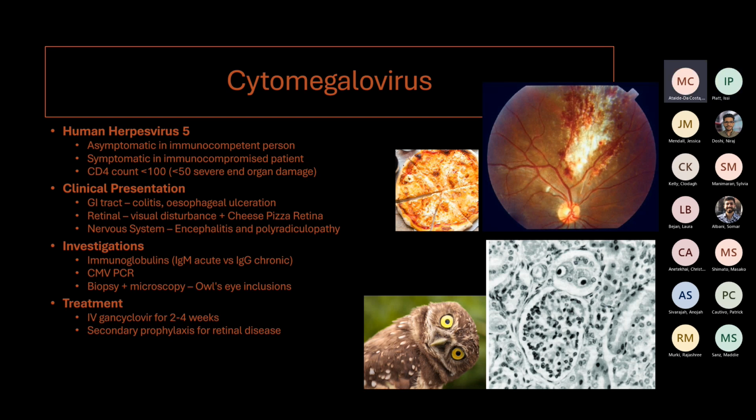And then you can have gastrointestinal, and you can also have nervous system. You can get a meningoencephalitis or a polyradiculopathy. Good. Your investigations, very simple. Serology. You're going to do serology for your IgG or IgM. You're going to do PCR, and then you're also going to do a biopsy plus microscopy, and you're going to